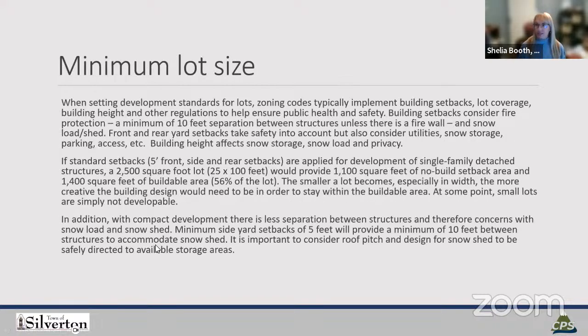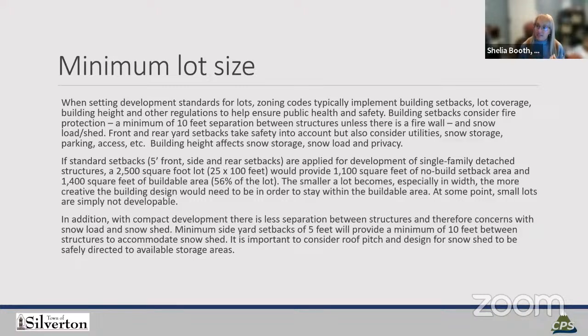Next is minimum lot size. What is the smallest lot size that we want to look at for development? We had internal discussions about this. At first we thought, well, what if we just put it out there as, if we create these standards, if you can meet it, you can build on it. Well, that works, but at some point, a lot just becomes too small. And what we don't want to do is create inconsistencies.